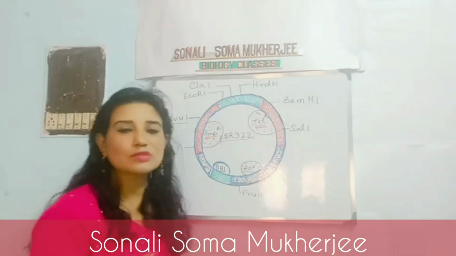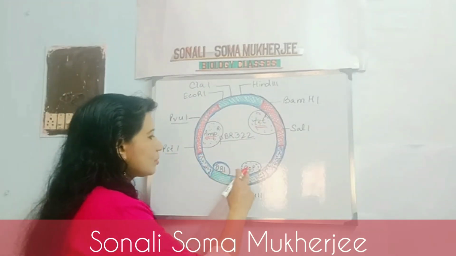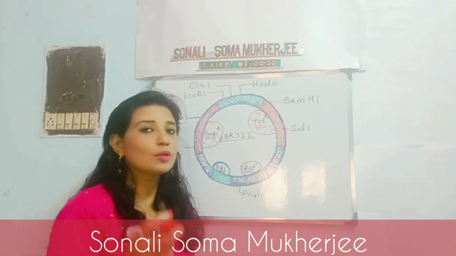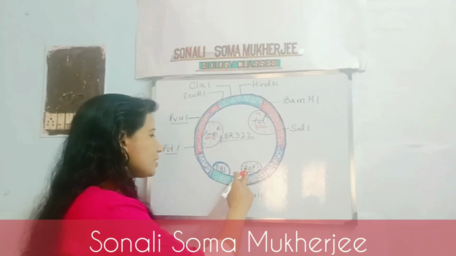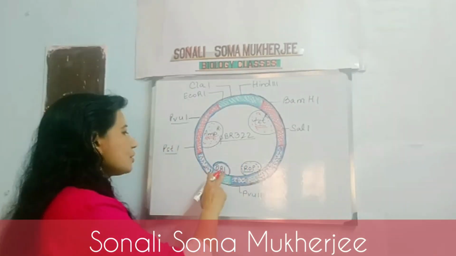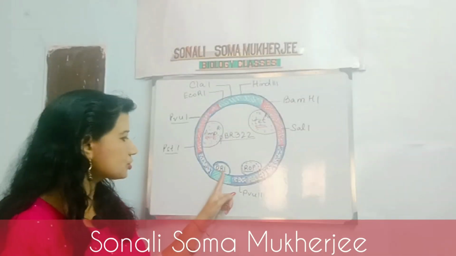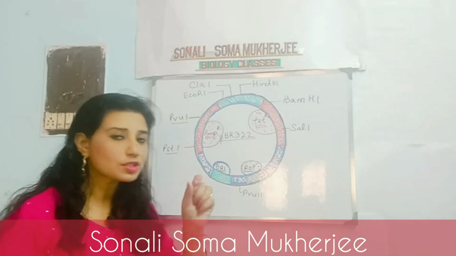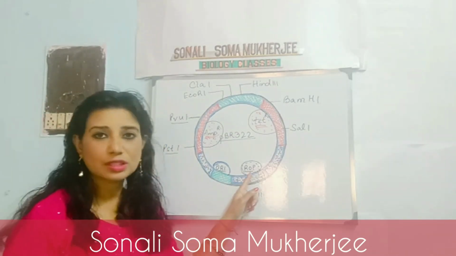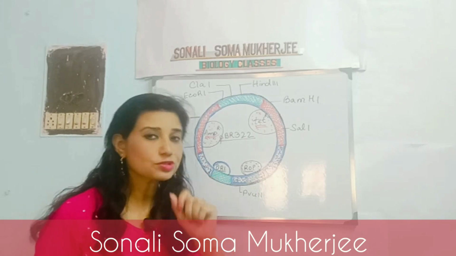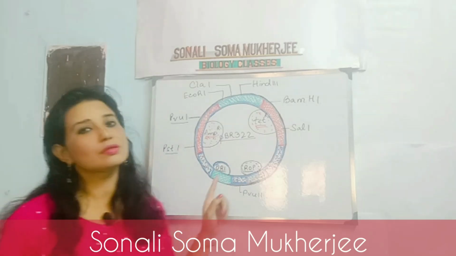The Ori region is responsible for replication, also controlling the number of copies. At the same time, here ROP is the region where protein synthesis will take place, and the protein that is synthesized will have a direct relation with the replication of this plasmid. So, I have said that the origin of replication is the point where the replication will begin and controls the number of copies also. At the same time, ROP is the region where synthesis of some essential protein takes place. It encodes the protein that will be required for the replication purpose.